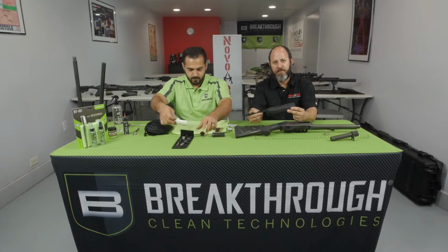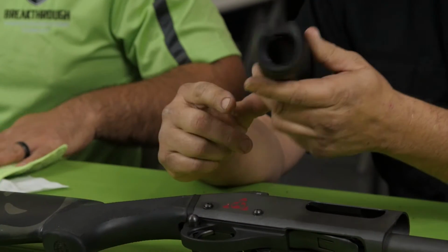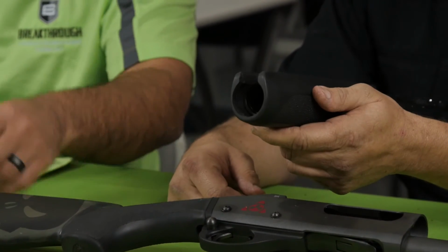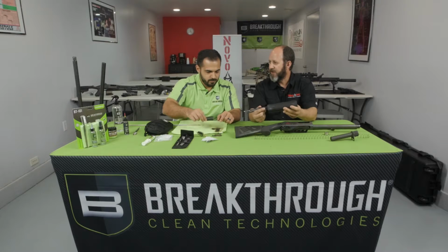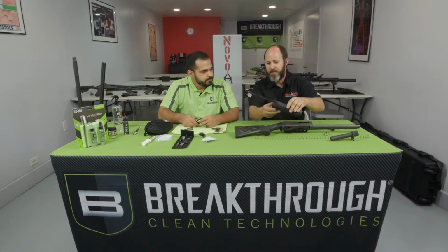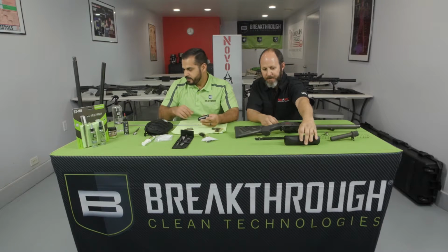Well, so another thing you want to do with these, since you have it apart already, you want to make sure the fit is tight. Okay, because now's the time when it's taken apart, it makes it a little easier to get that tool in there and to tighten up that forend. There's nothing like trying to run your shotgun when your forend is moving and it's pinching you on the breech. That is a perfect